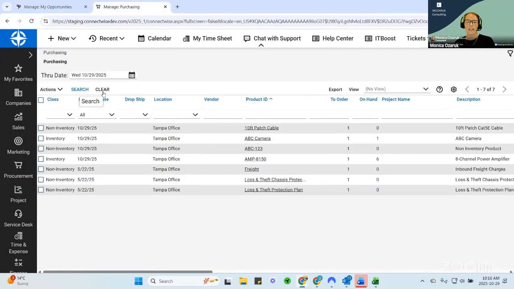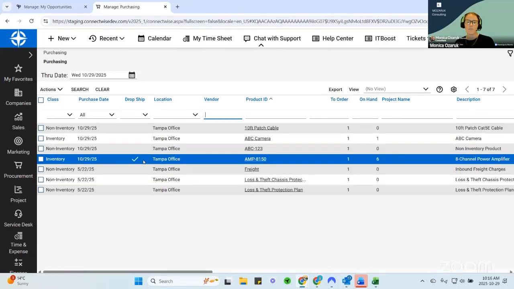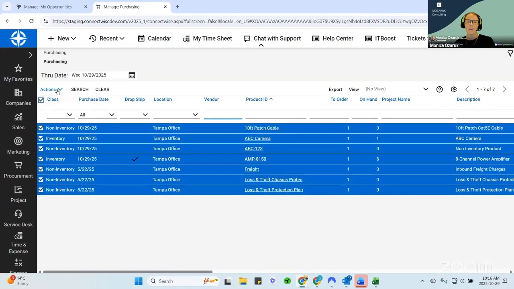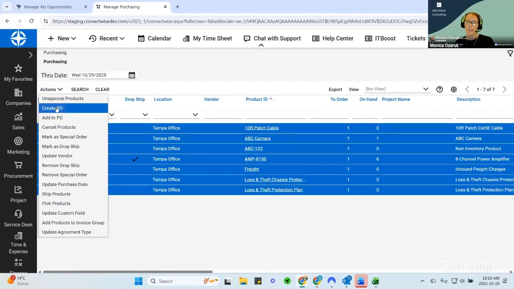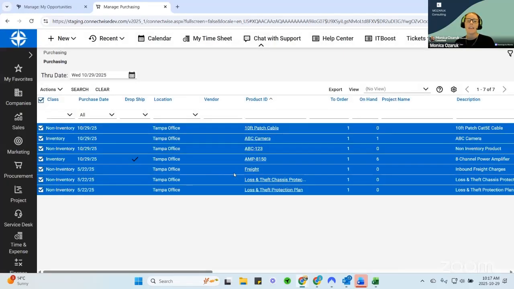Now we have our products that we need to purchase. I can see that one of them is indicated as a drop ship. If I were to go ahead and try and create a purchase order for all these products together, I would get an error. And that looks like this. Under the procurement purchasing screen, I'm looking at my approved products and I'm going to select all of them and go Action, Create PO. When I say this, you see that I have to create a drop ship order separately to the other products. And this makes sense